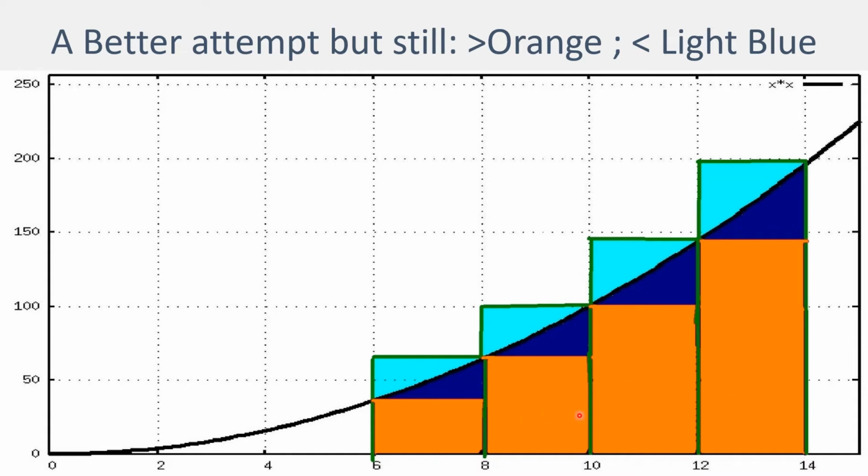So we add up the areas of these 4 rectangles, that is closer to the area that we are trying to measure. The same thing with the light blue rectangles. If we add up those areas, that is still an upper bound on the area we're trying to compute, but it's a better upper bound than the one we had previously. So this total area and this total area, these are closer to each other.